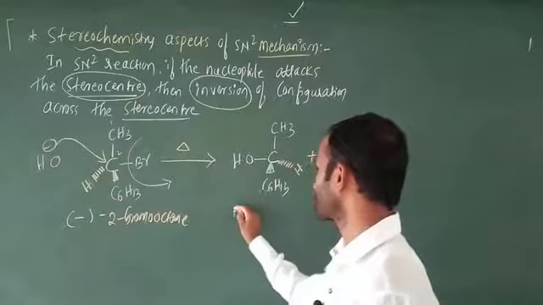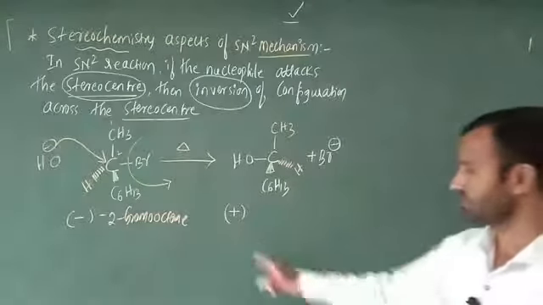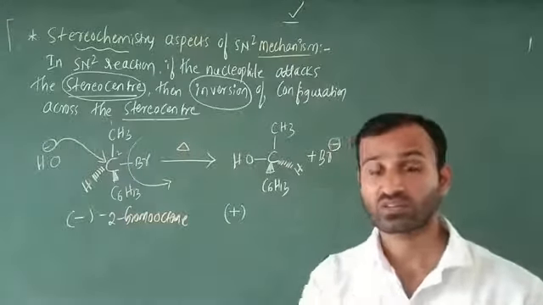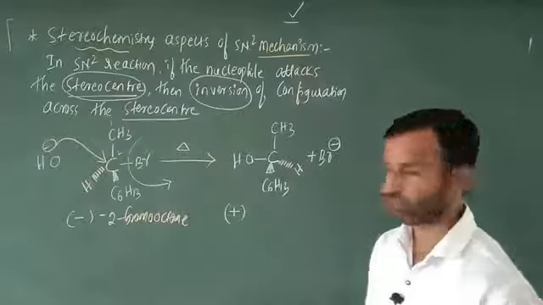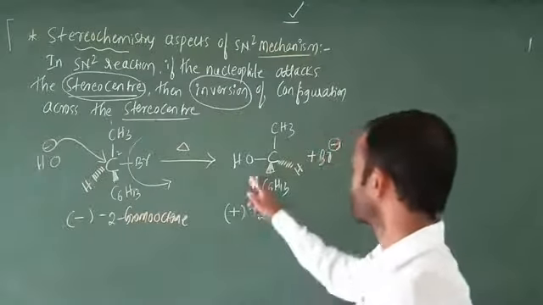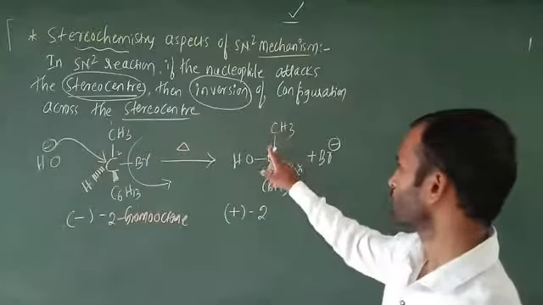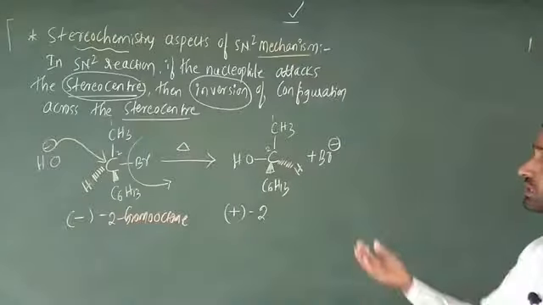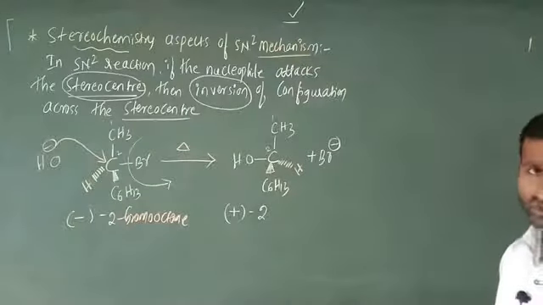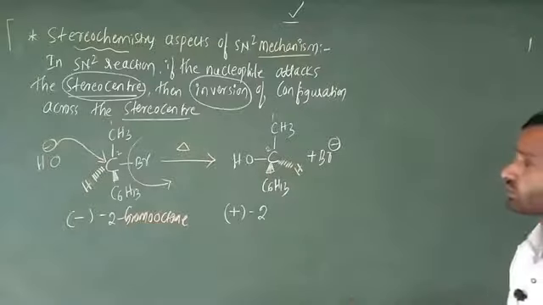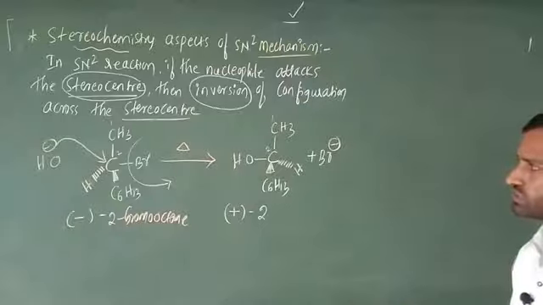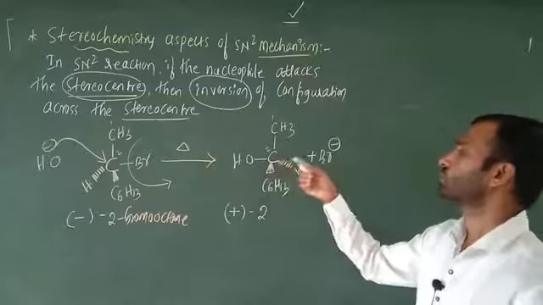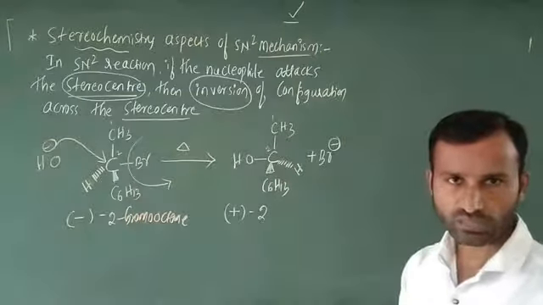Next, I am going to consider this as positive. Bear in mind positive indicates that the plane of the polarized light rotates towards the right direction. What is the name of this one? This is secondary, so this is 1 and this is 2, totally 8 carbons, so 2-hydroxy-octane you have to write if you want. Otherwise, the IUPAC nomenclature: totally 8 carbons are there, that is why 2-octanol is the IUPAC nomenclature.